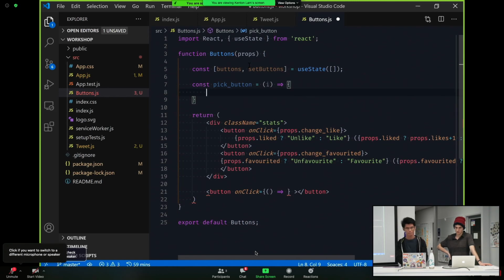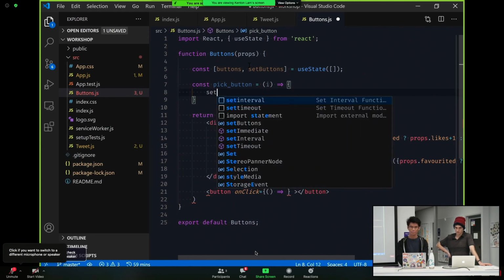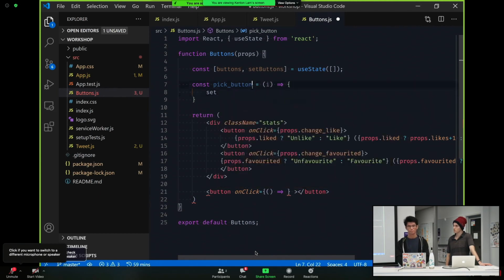Const pickButton. What we would do is somehow pickButton should set the ith element in buttons to be X or O, for example. But you have to be careful of that. Why? Because in React,